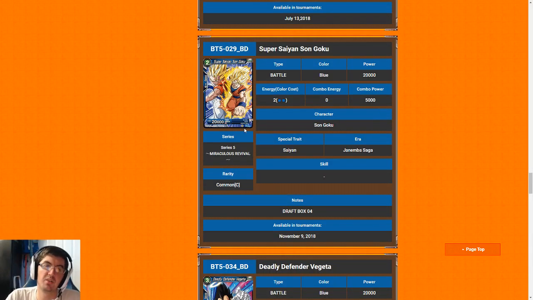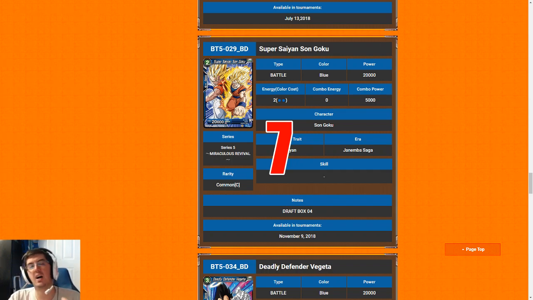Super Saiyan Son Goku is a 2-drop 20k vanilla. Great rate. But again, like we talked about in the other video, I'm going to down drop it. Normally I give these guys like an 8. But again, the quality is so high in the set that I feel like I want to drop this down